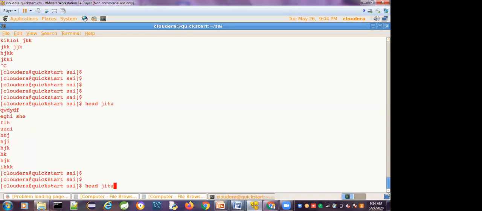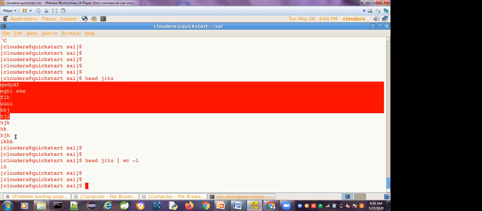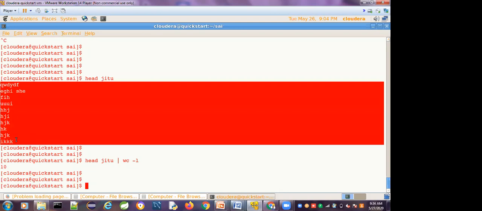If you have a doubt, the output of this is given to the wc command. See here, it will display 10 only. With head, 10 lines from the top of the file will be displayed.